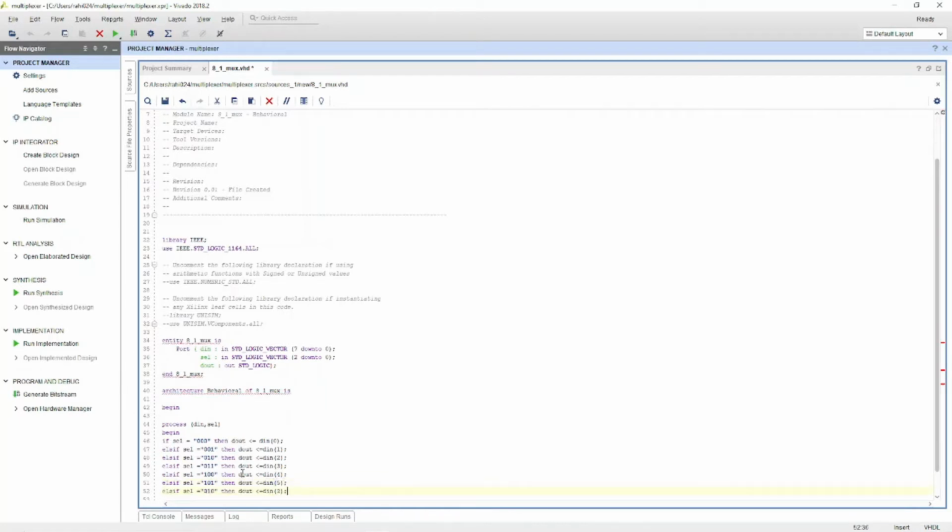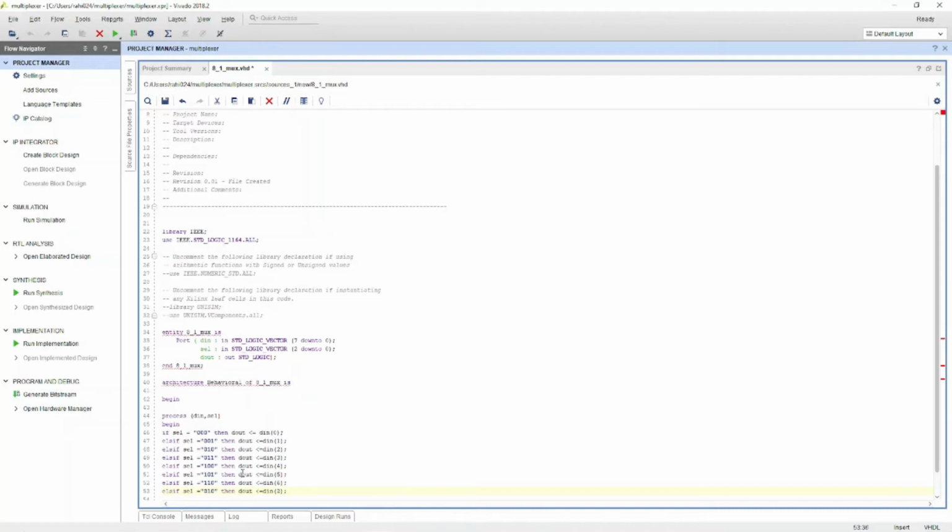Control plus V. That's 110, then D out is equal to D in 6. Else if, Control plus V, 111, then D out is D in 7.